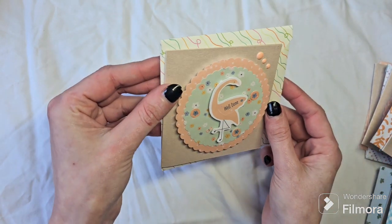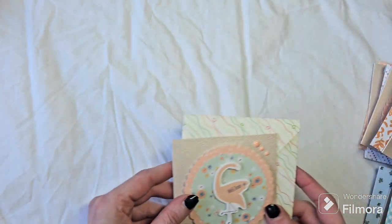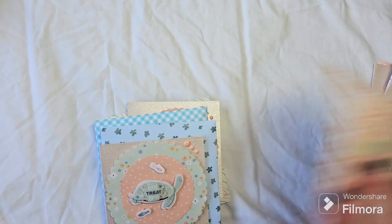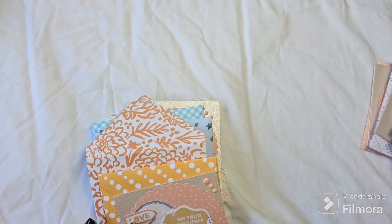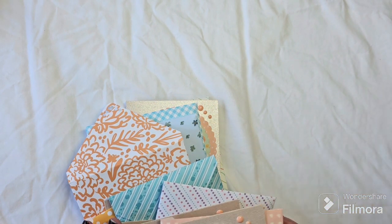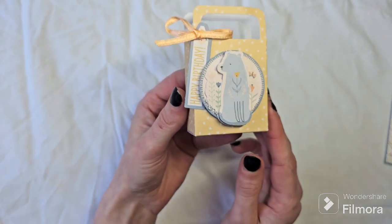And again we've made a matching envelope which we punched the heart corner punch into to give that little detail on the back of all the envelopes. So in total that is eight little note cards that we've managed to make, but we also made some cute